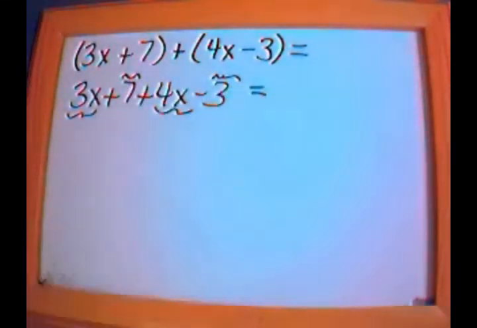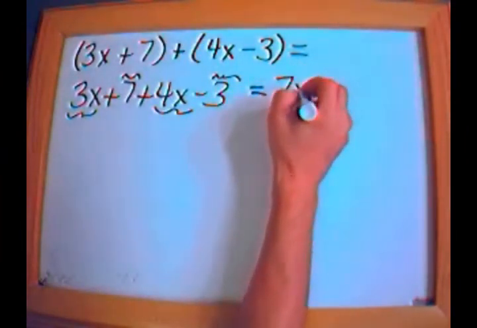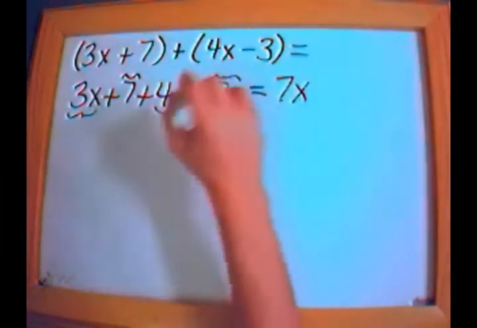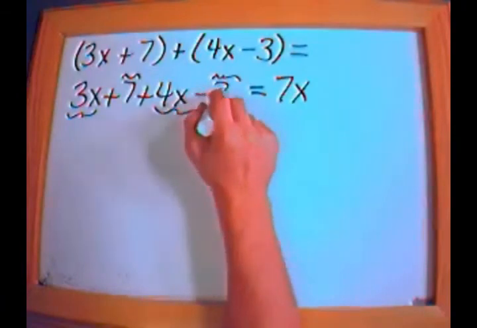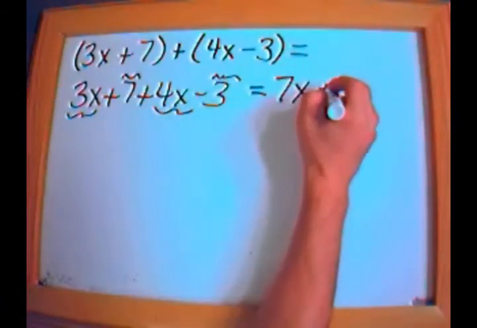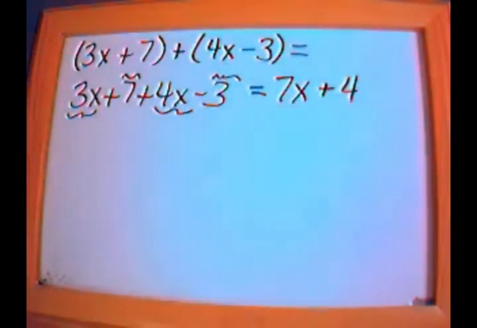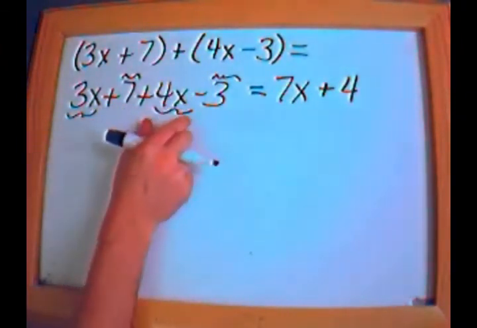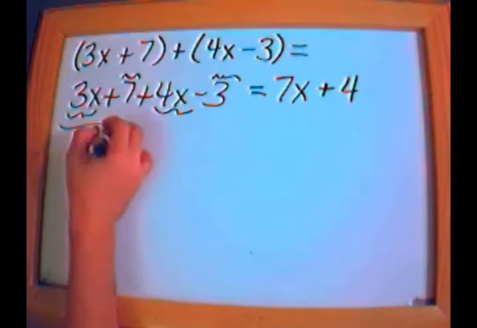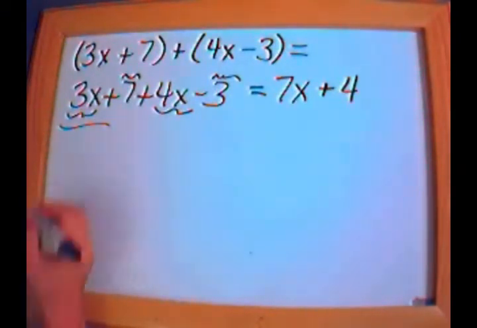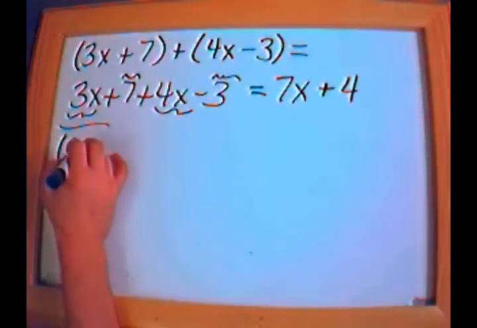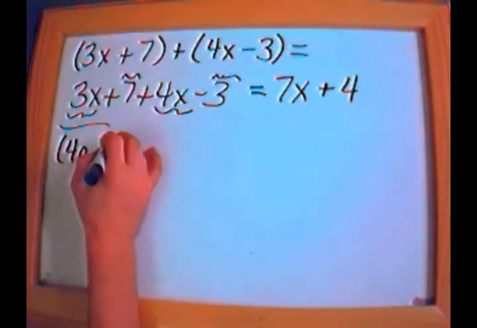So if I wanted to actually finish this problem off, 3x plus 4x is 7x, and 7 minus 3 is 4. So the answer is 7x plus 4. All I did was group the like terms together and carry on. That was it. What if I have 4a plus 3